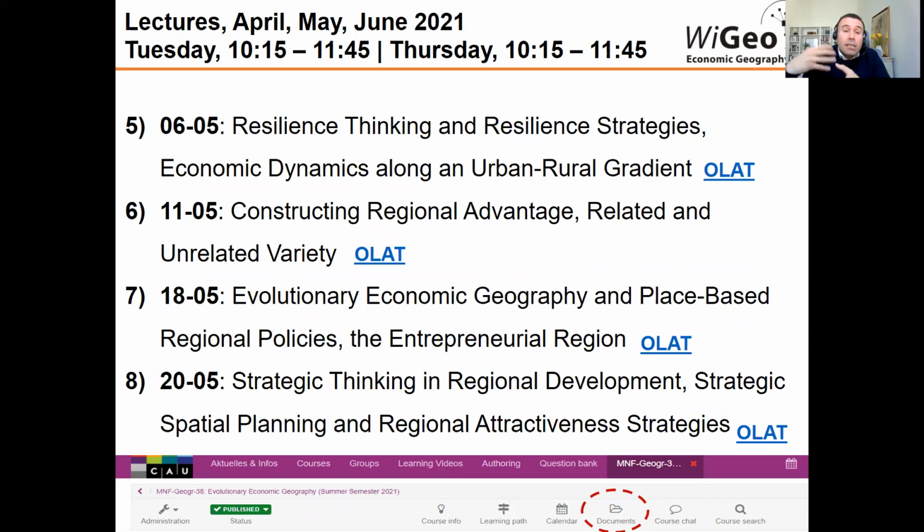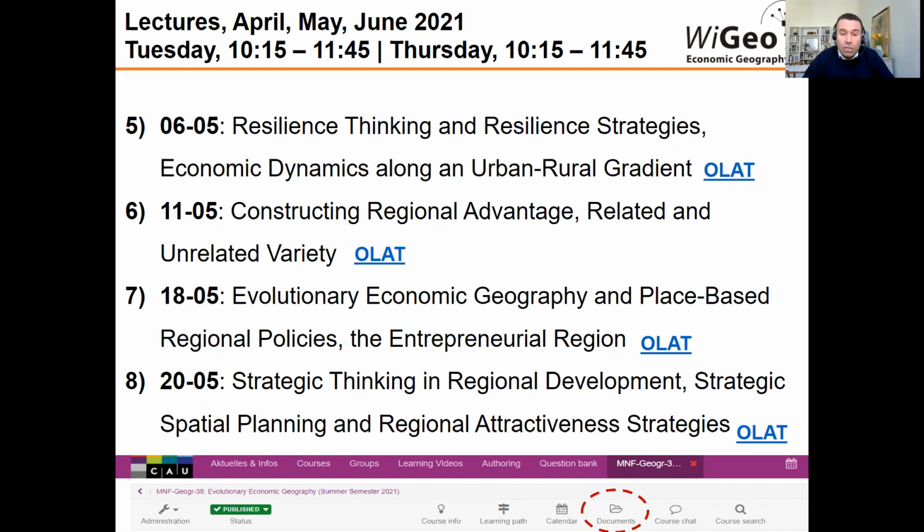And resilience thinking, how some regions overcome their negative conditions, and all this also goes along in the territory. Very core concepts again of evolutionary economic geography: how some regions use their own skills, and you will find in the literature the word routines. Routines are these skills, this capacity of working out some products or some raw materials and transforming them into final products. The related and unrelated variety that exists in a territory, in a region, for example,